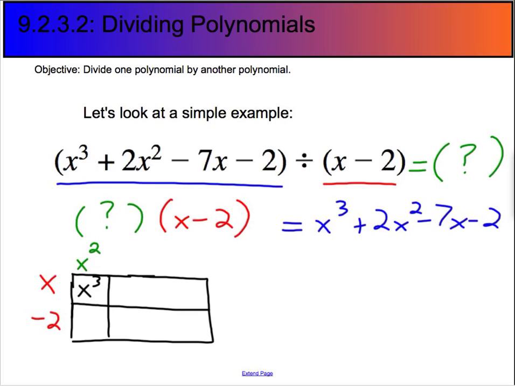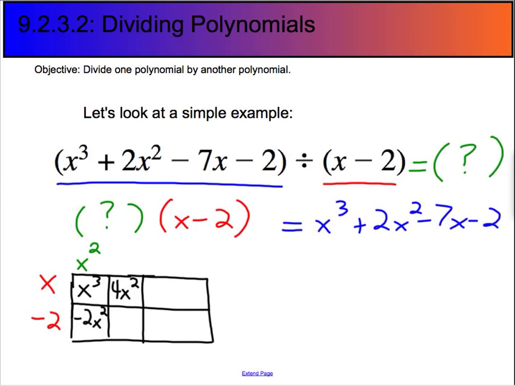Then I can figure out what goes below the x cubed because I just have to multiply top and bottom. Negative 2 times x squared. Another pattern I've noticed for these is the diagonals add up. They're always like terms. And so what I need to put in this box is a 4x squared. Where did I get that? Well, I know that the blue has to be the inside, and I know that what I already have, negative 2x squared, has to add with whatever needed to go there to equal this 2x squared. So I just think about it in my head, okay, negative 2x squared plus what will give me positive 2x squared? Well, that's a positive